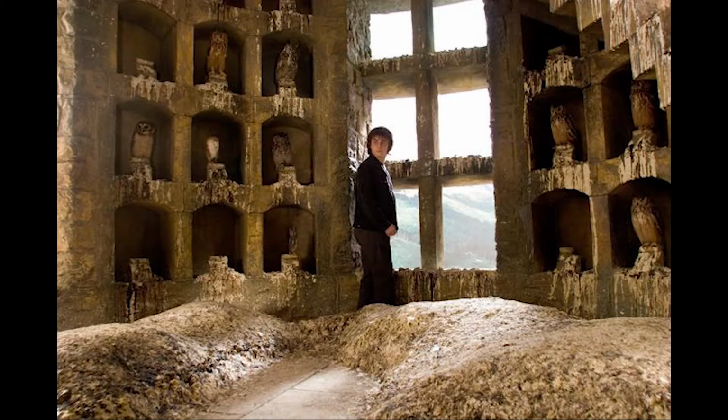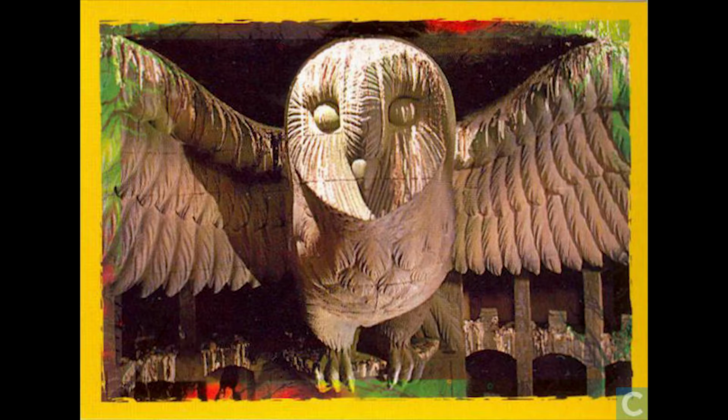There are 2 pictures, one of Harry in the Owlery, and then also a sticker I was able to find of a statue in the Owlery. The Owlery is featured once in the film, when Harry asks Cho to go to the ball with him. But in this scene, it seems to be about something completely else. It's also not winter. In the sticker album, it takes place right before Sirius's head appears in the fire. So personally, I think this is when he sends a letter to Sirius, but that doesn't happen in the final